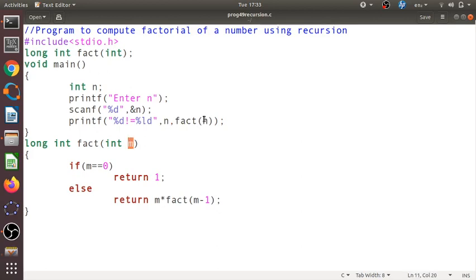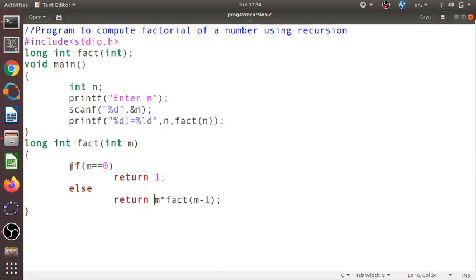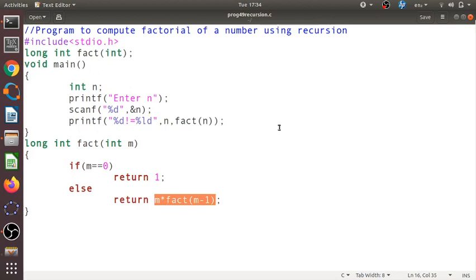If you recall, this n is called an actual parameter and this m is the formal parameter of the function. Here we are using an if statement. If m is 0, the function will return 1, else it will return m into factorial m minus 1. Suppose you take n as 3.